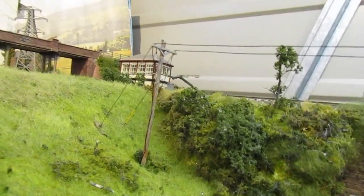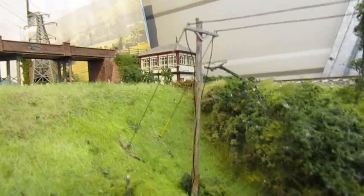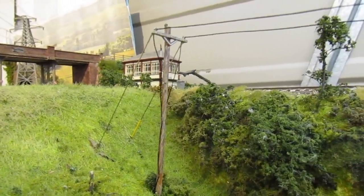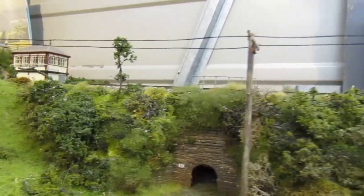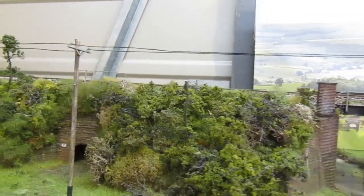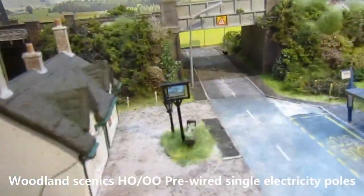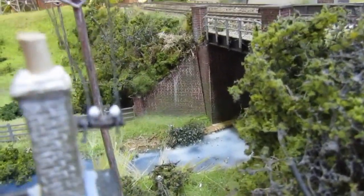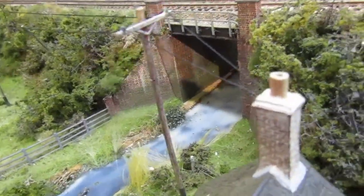Okay, I'll just start off with these electricity poles from Wooden Scenics. Brilliant. So this goes to ground here, this pole, there's 3 of them. There's 4 in the packet, but I only used 3. And this goes through to the pub, which is a line on the lamp. And it hooks up, excuse a tree, on a little thing I've cut off here with the insulators. And that's wired up to the electricity pole,